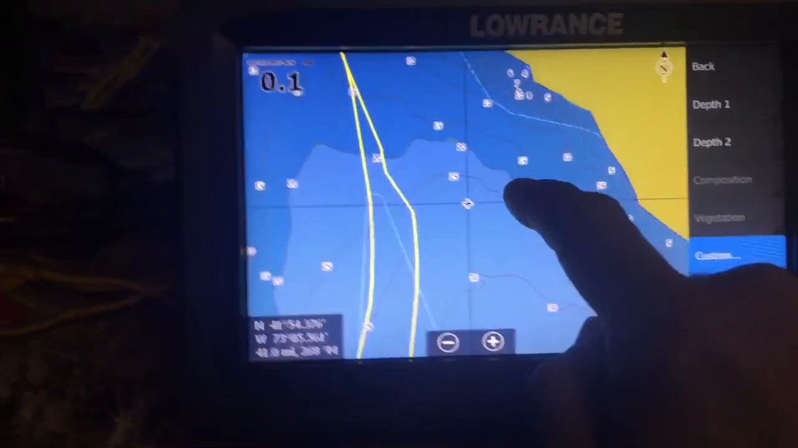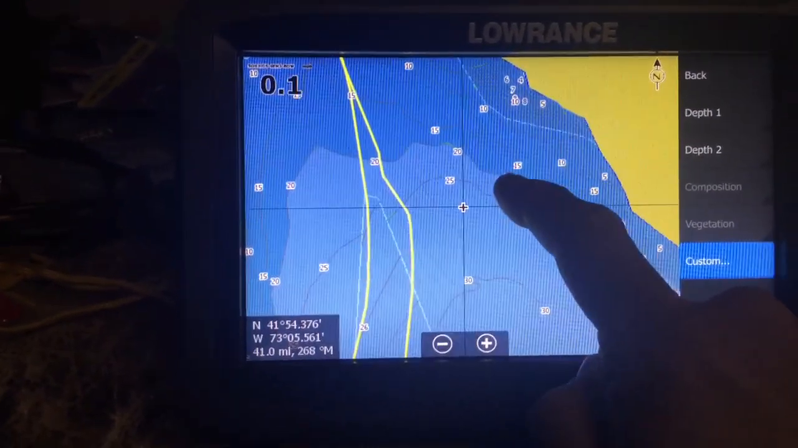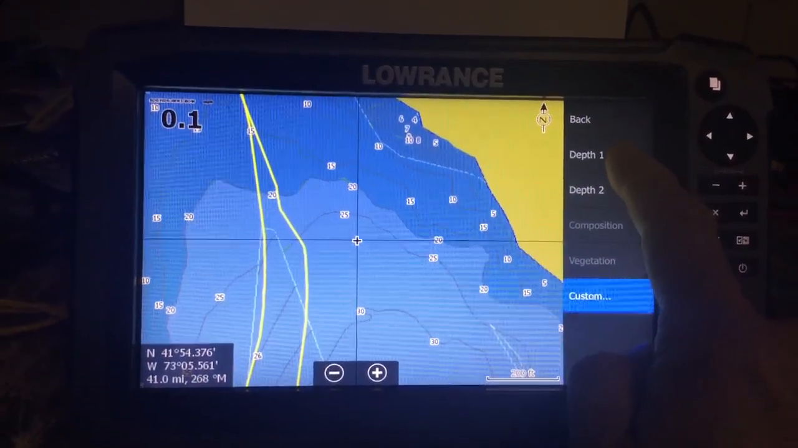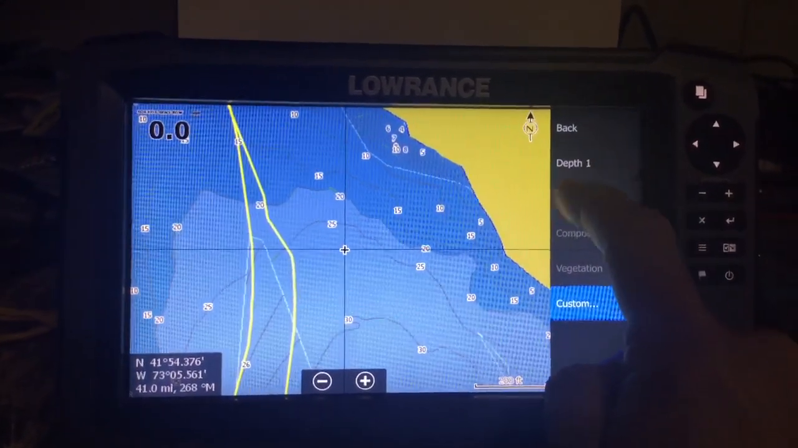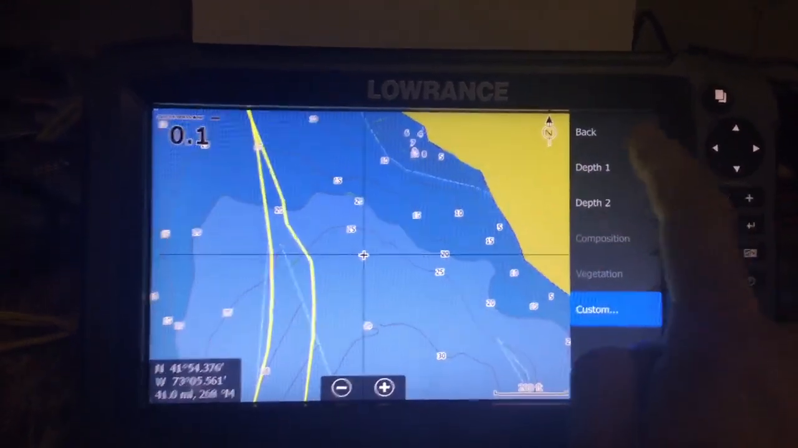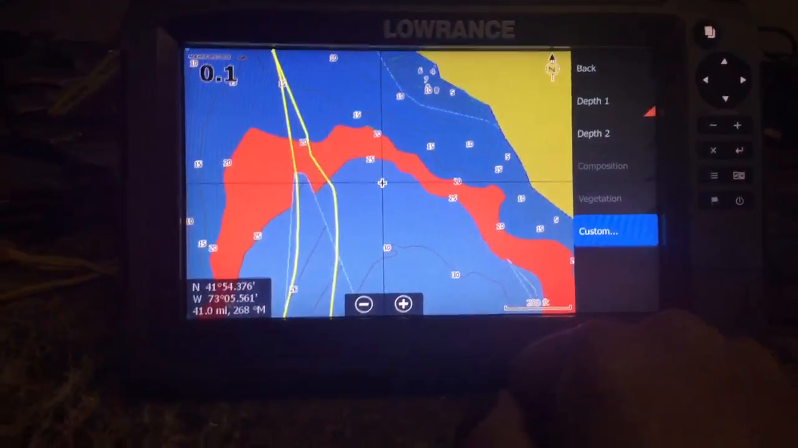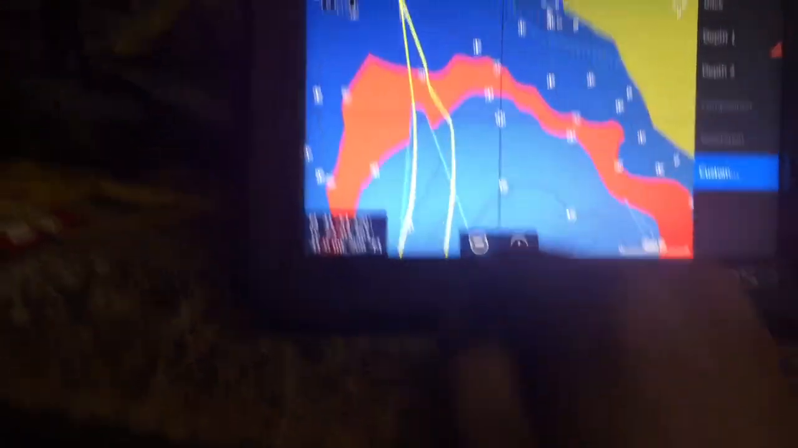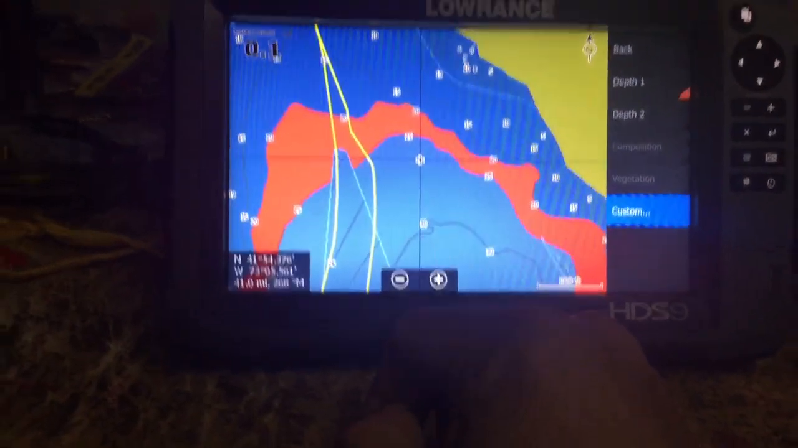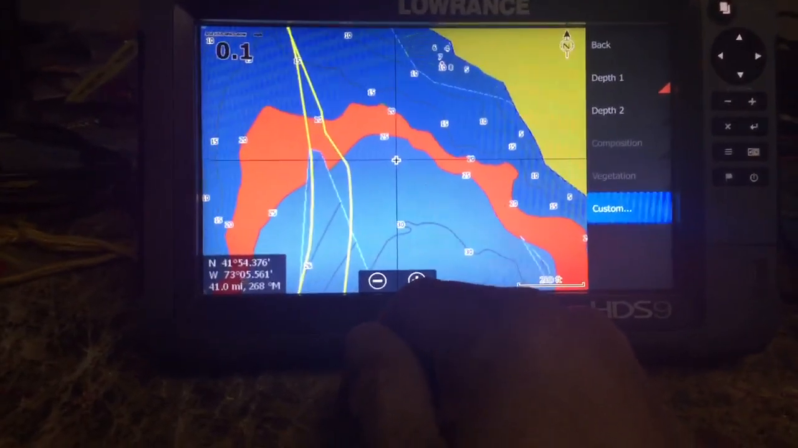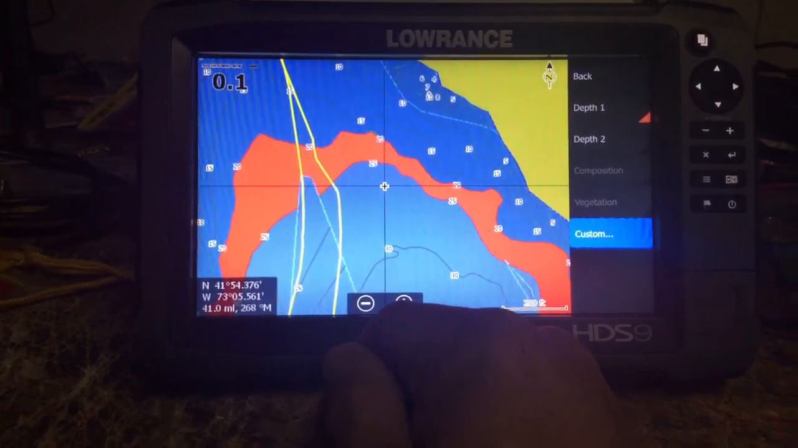Alright, and you can see right here that we've got that 15 to 20. Now we just customized the shading palette, if you will, depth 1. So we want to turn that on. Right now it's turned off. We touch it and we turn it on, and you can see instantly that that 15 to 20 foot range is shaded. So you can do this for any depths that you want,